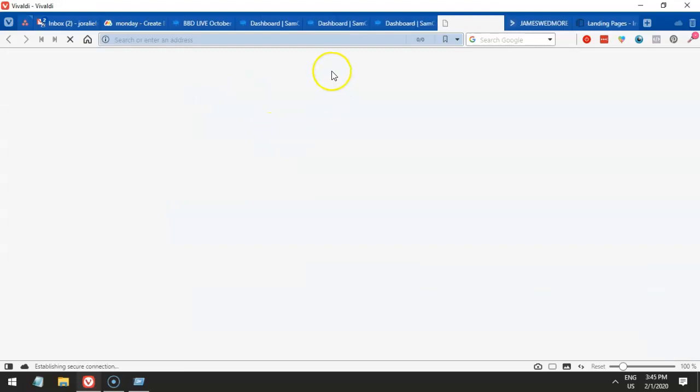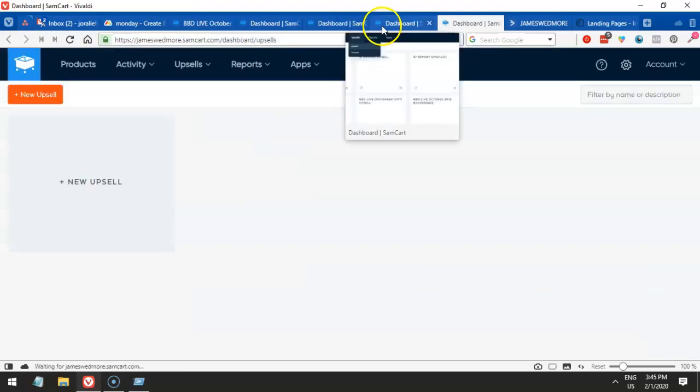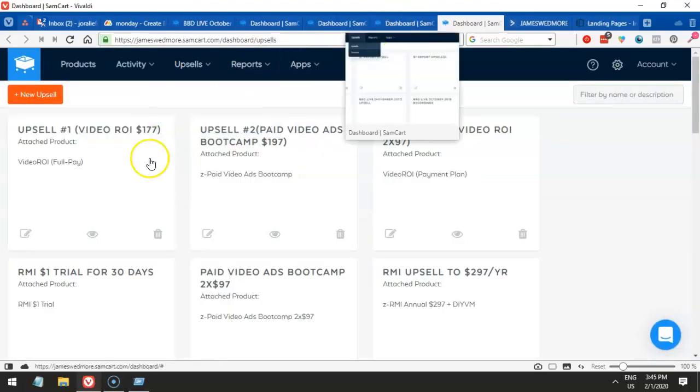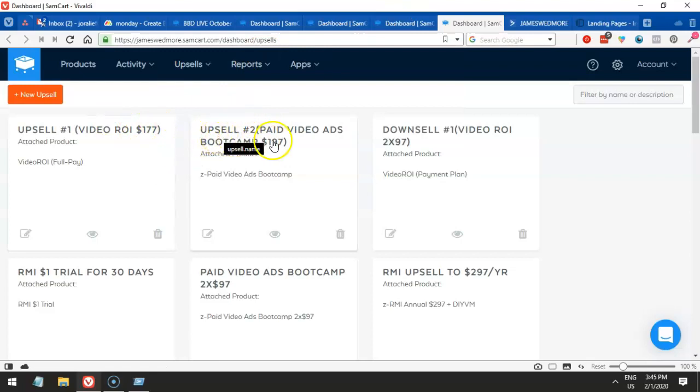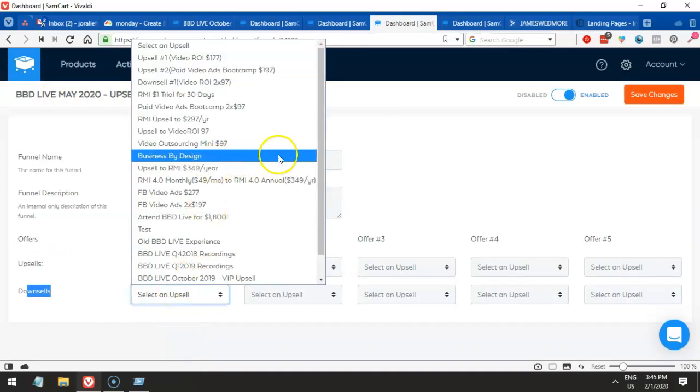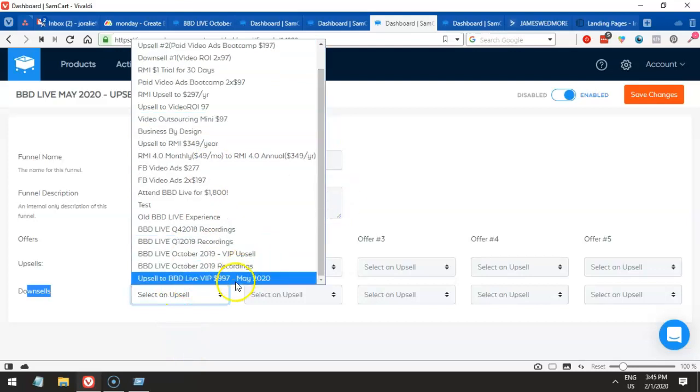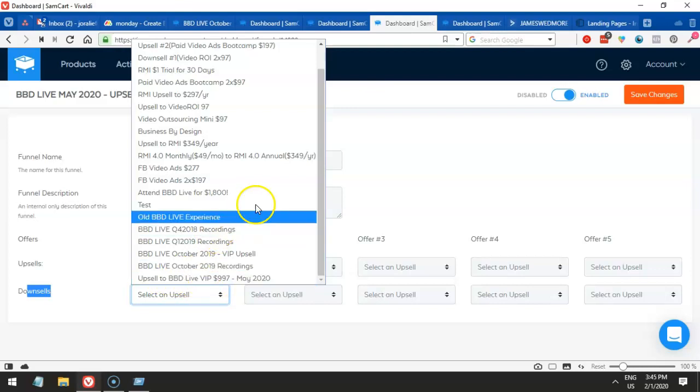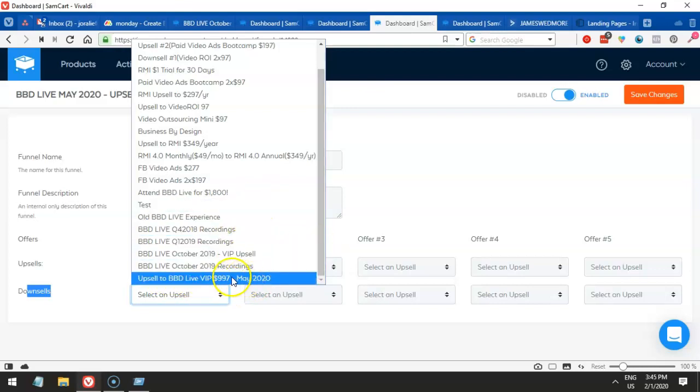So the process of creating the downsell is pretty much the same as creating the upsell. You just have to create that upsell, and then name it downsell, so that when you select it on the downsell option in this funnel creation, you select the right downsell information. Again, be descriptive in naming the upsell and downsell funnel, so that you will be able to easily